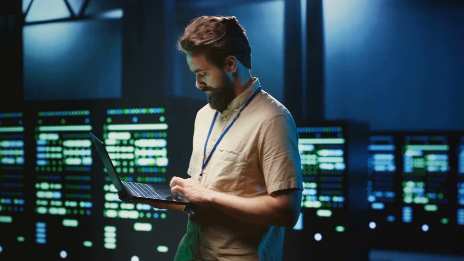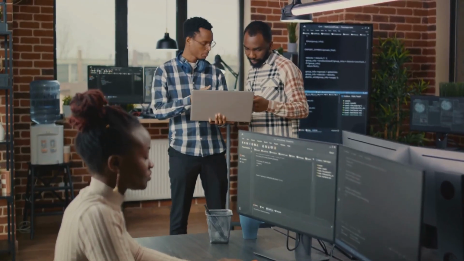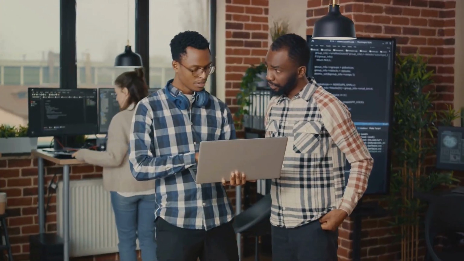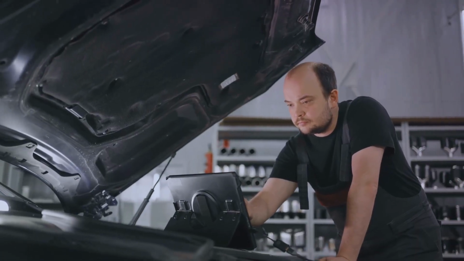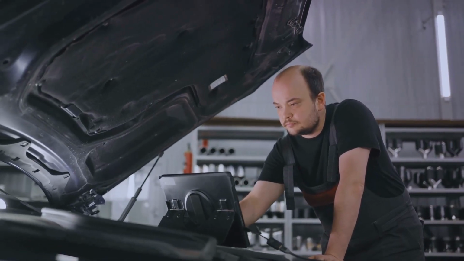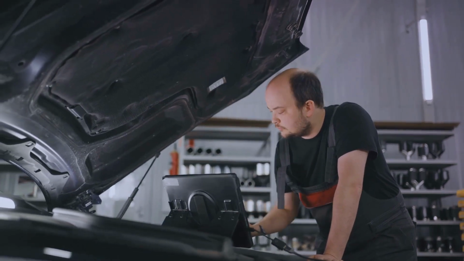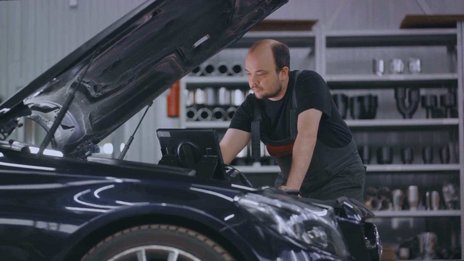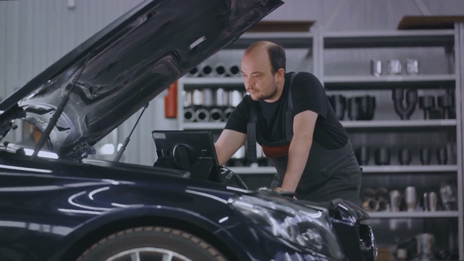Then we transition to the white box technique, where we unravel the software to scrutinize its internal structures. Just like a mechanic inspecting an engine, this technique empowers us to pinpoint problems at their roots and rectify them before they escalate into larger issues. We also navigated through the gray box technique, a fusion approach that amalgamates the best of the black and white box techniques. This method is like a detective collaborating with a mechanic to ensure that the software operates seamlessly, both